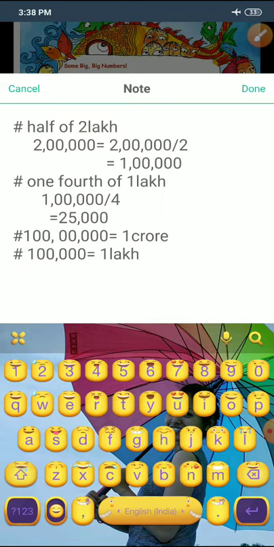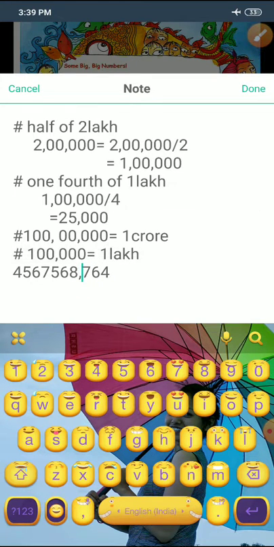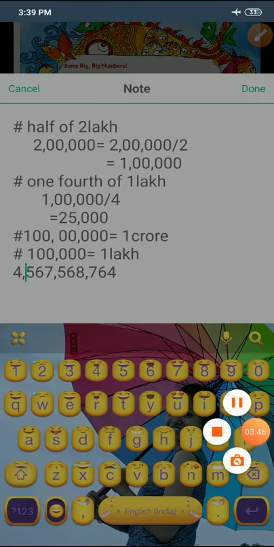And according to the international system, the groups are of 3, 3 each. If I am writing a number, then the groups will be 3, 3, 3, meaning 3 digits in one group. If only one digit is left, leave it like this only. So it is a group of 3, 3 in the international system. To understand the international system, let us watch a video.